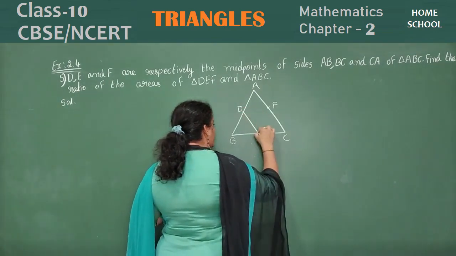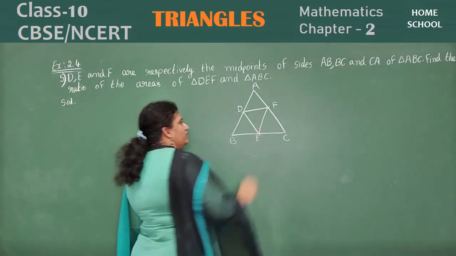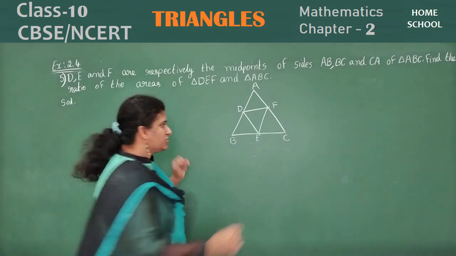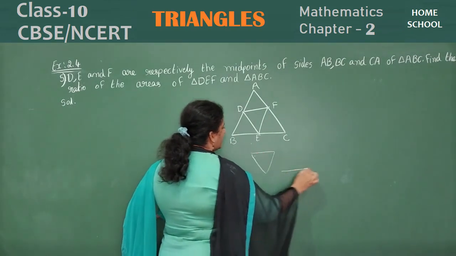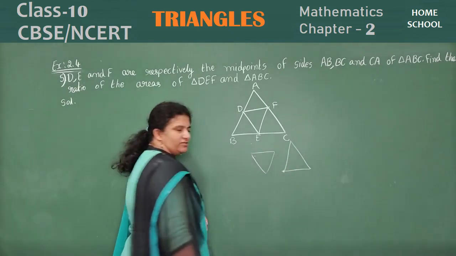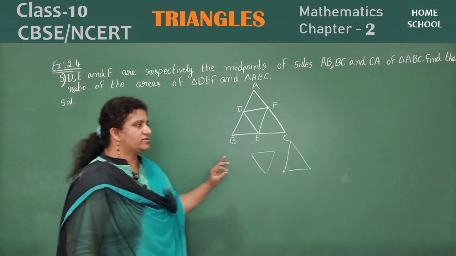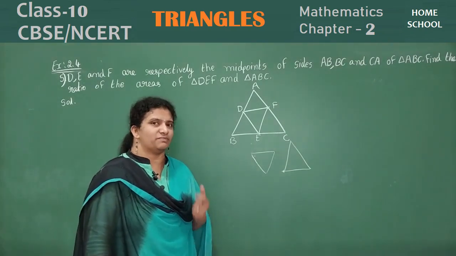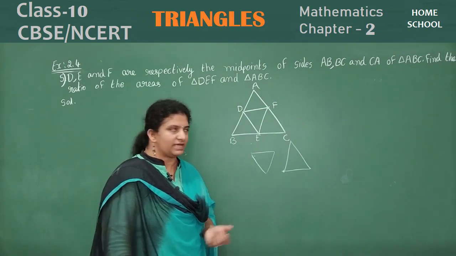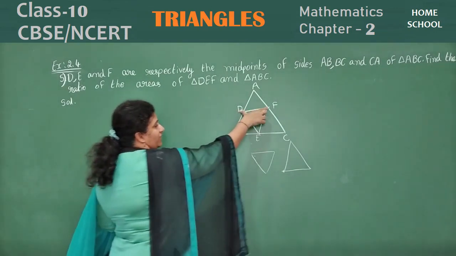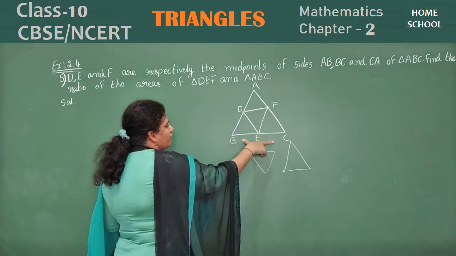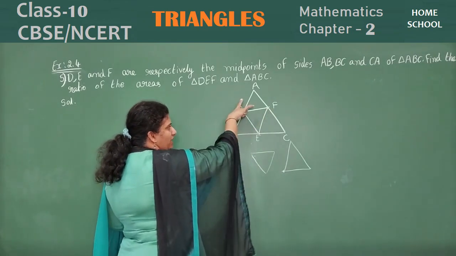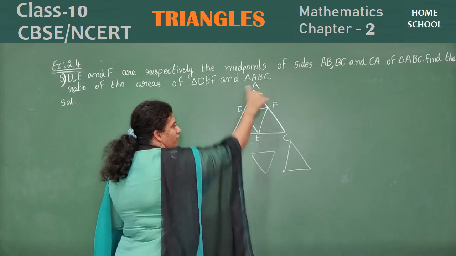Okay, let's join this. Area of this triangle and area of the big triangle. So observe here children, the area of this triangle and the area of this triangle is your question. Okay, so try to see the problem carefully. You can remember what you have done in your previous classes, the midpoint theorem. Right, what is that? What does it say? In triangle ABC, DF is half of its base. Yes or no? So again, EF is half of AB and DE is half of AC.